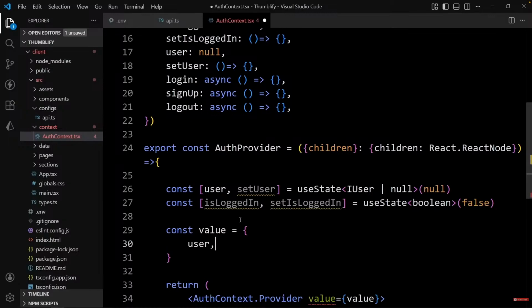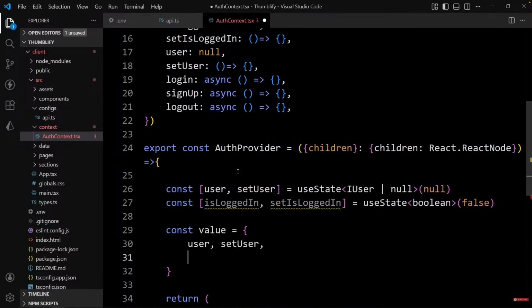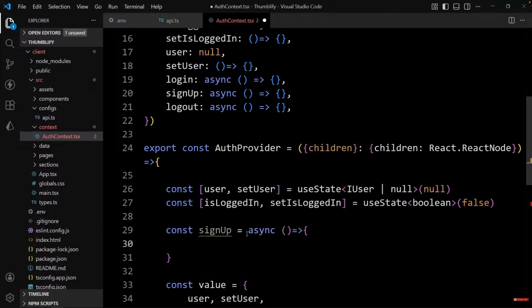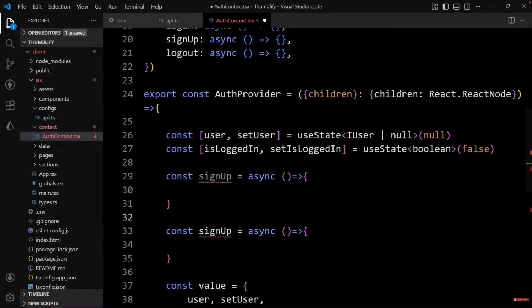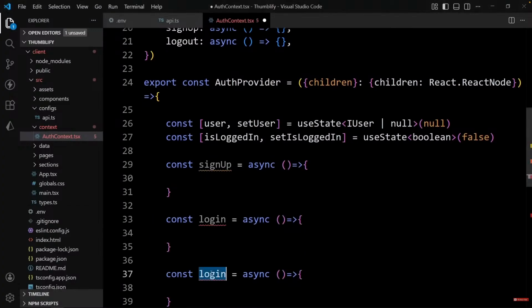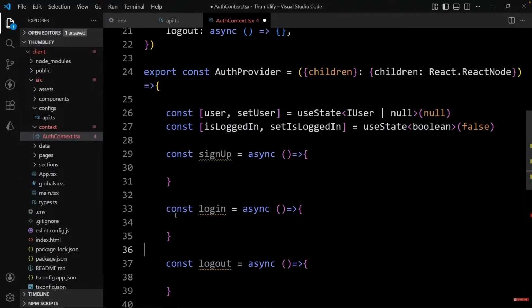Right? Next let's pass these state variables and set functions using this value. So in this one just add user comma setUser, then we'll add isLoggedIn, then we'll add setIsLoggedIn like this. After that we have to create other functions that we need to pass in different components, that will be login, logout, sign up, and we'll also add fetch user function. So after this state let's create a function called sign up. So just add const signUp equal to async and create the arrow function like this. Now just duplicate it. Here we'll add the next one, that is login. So we have the login function, duplicate it. Here we'll add logout like this,